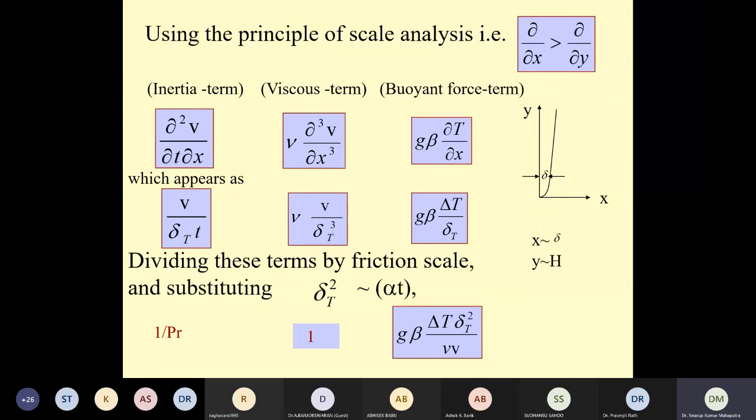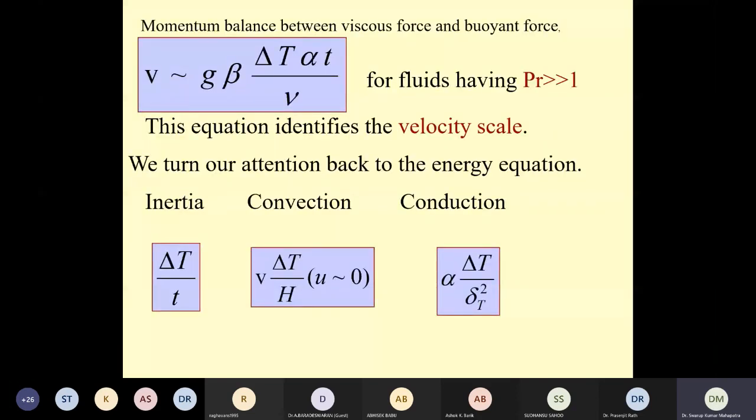These two terms are the two major forces which really govern the situation, as a consequence of which the fluid starts moving. Buoyant force, obviously, is the driving force for the fluid to move, and it is opposed by the viscous force. These two players determine whatever velocity results. Now, once the velocity comes up, the inertia is picking up.